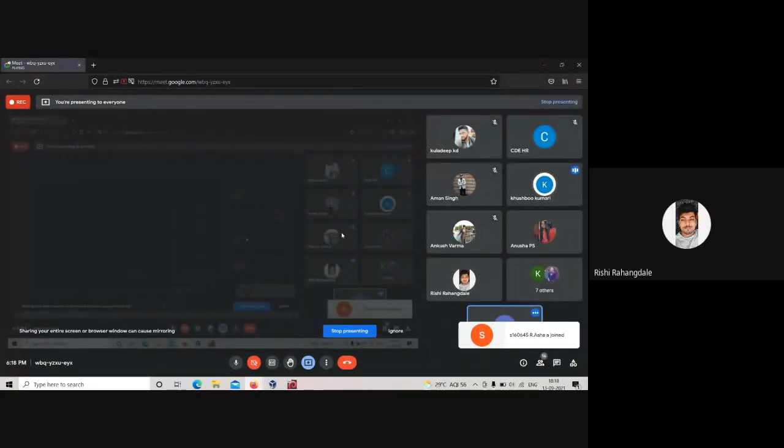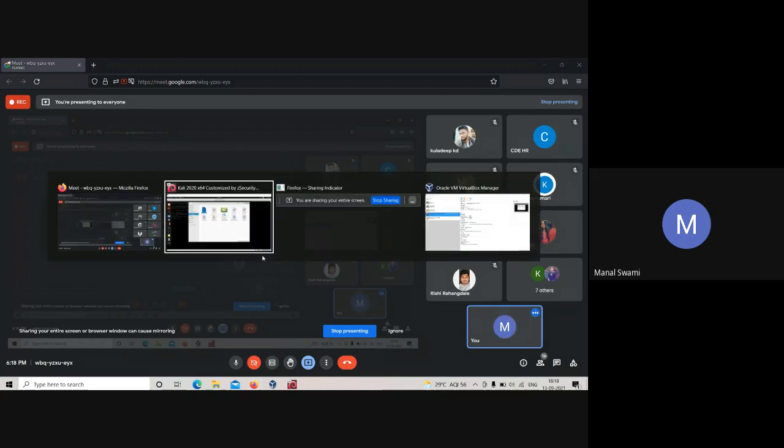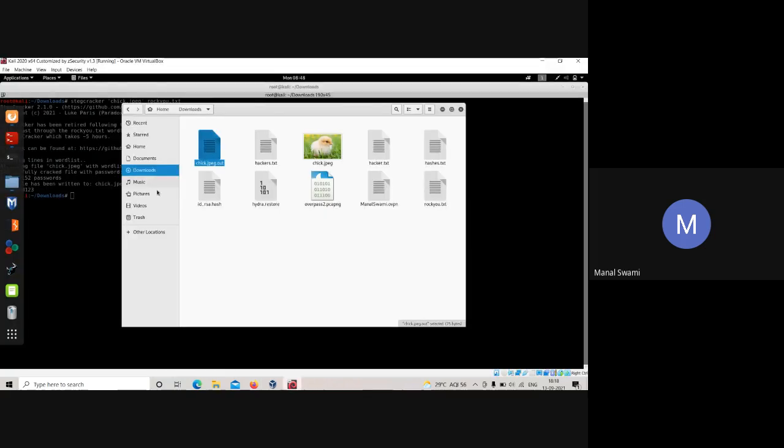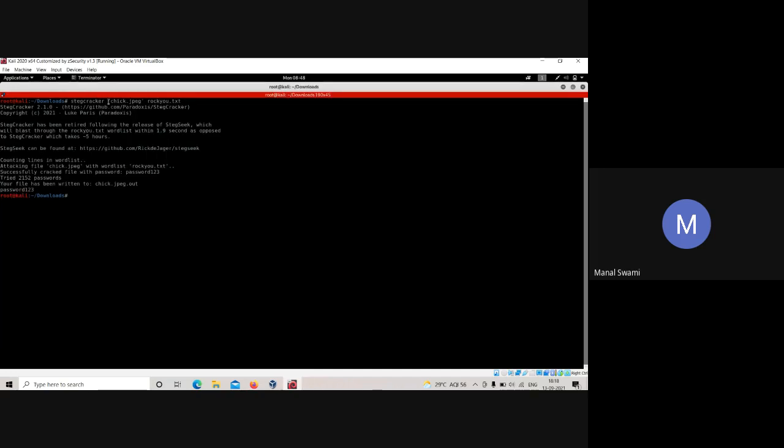Anyone else? Means if I'm tampering with this image on my computer and sending it to another person, then he can download that image and do the password extraction on his computer? Yes, yes, he can. See, what did I need to crack the password? Nothing. I just needed the file name and then the path of the word list. Simple. I just needed these two things. If you send a file to me, I just want the file and the word list. Anybody can crack it.